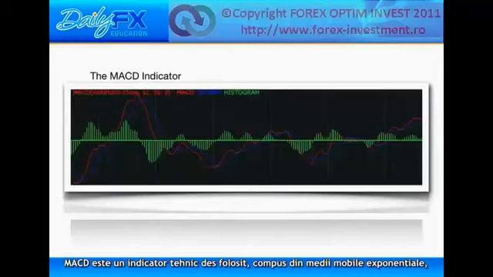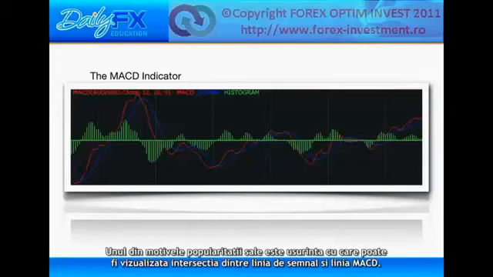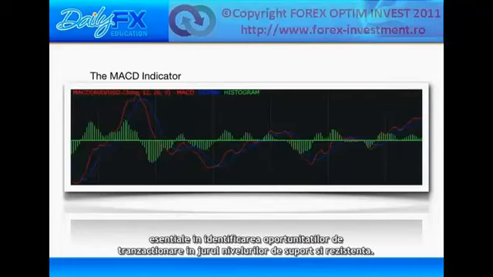MACD is a commonly used technical indicator derived from exponential moving averages that can be used in both trending and range-bound markets. One of the reasons for its popularity is because of how easy it is to visually recognize the crossover of the signal line and the MACD line. The MACD indicator helps traders identify changes in momentum, which is key for identifying trading opportunities around support and resistance